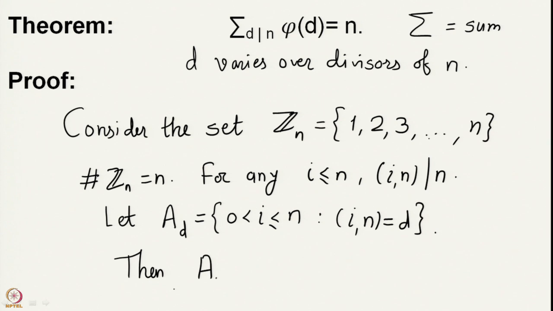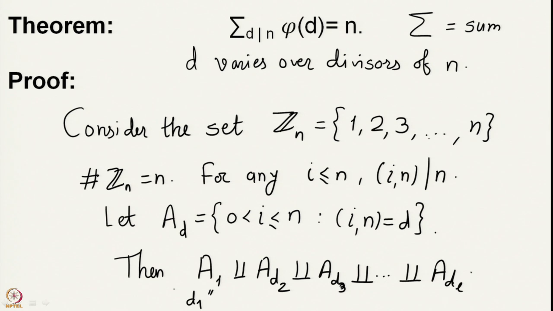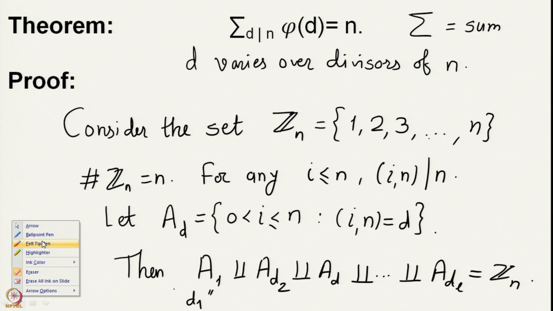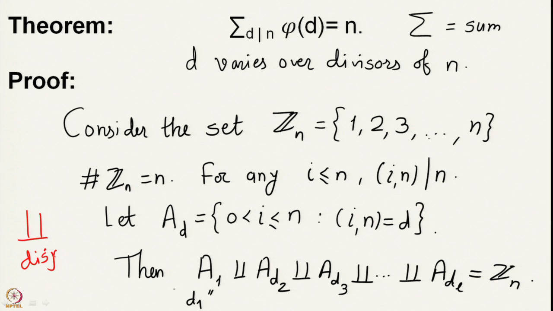the union of A1, AD1, AD2, where 1 is the first divisor of n, D3 and so on, will give us our set Gn. I may have used some symbols here which you may not have known about. So, the symbol here, which is the reverse sign of the product, stands for disjoint union.